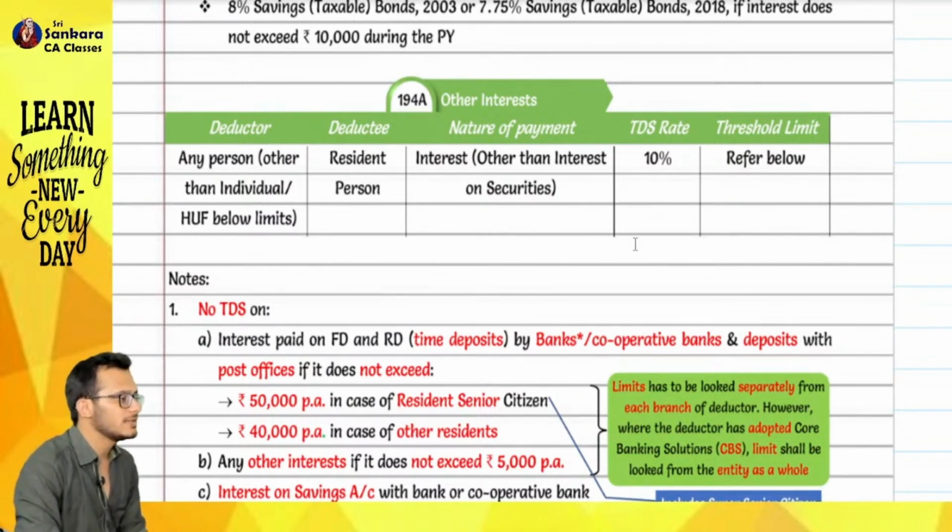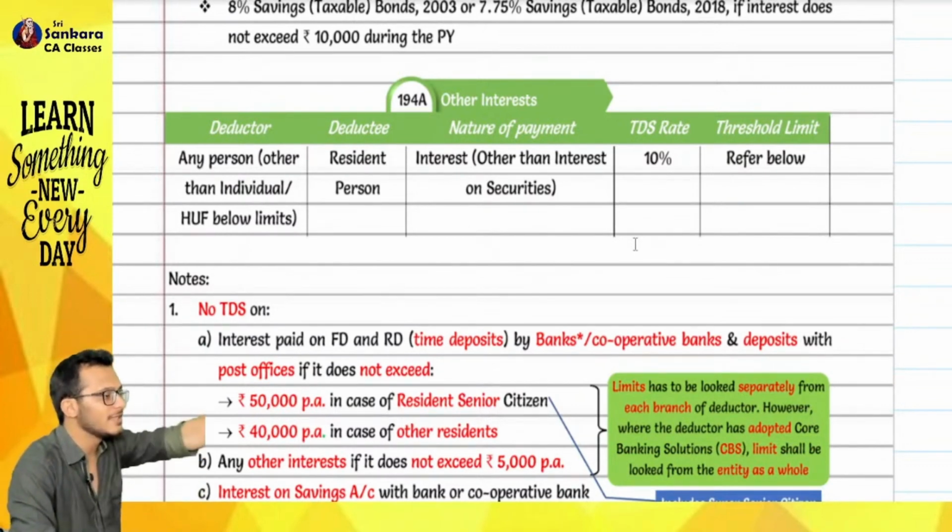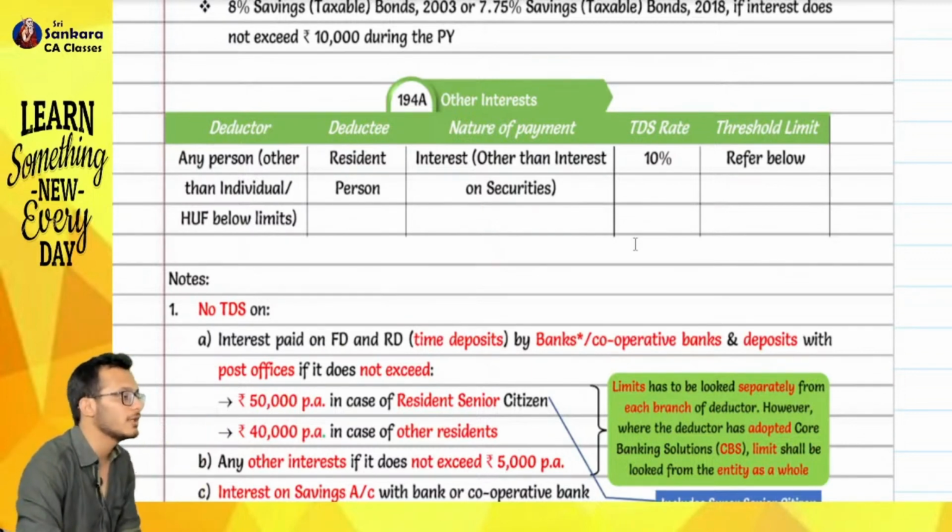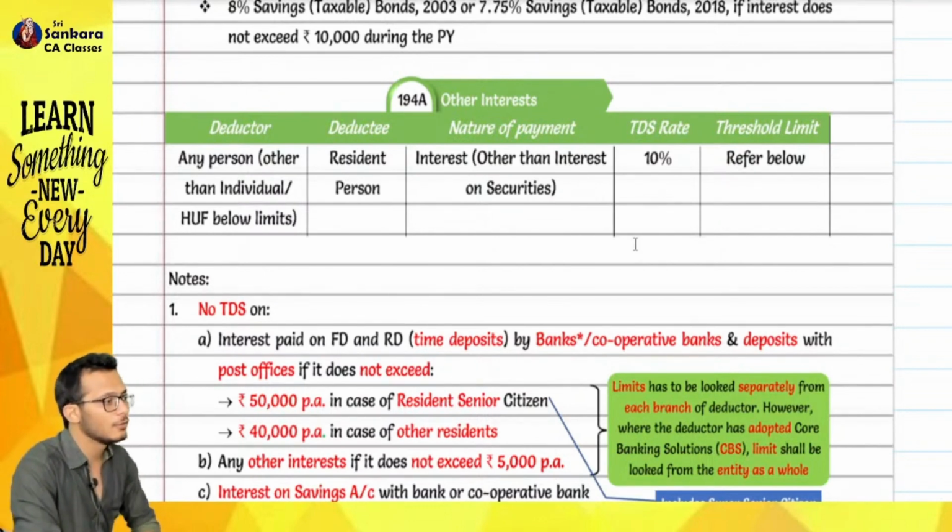If you go to that same area and it is not Kotak but ABC Bank, which does not have a CBS, will you check the limits per bank or per branch? Per branch. Clear? Yes. So this is 194A. Any doubts? No. The next provision is after A comes